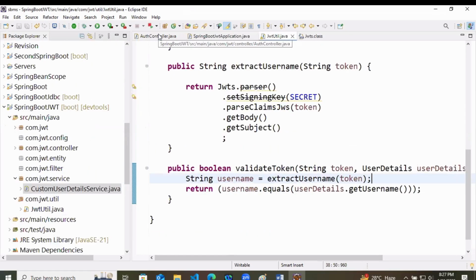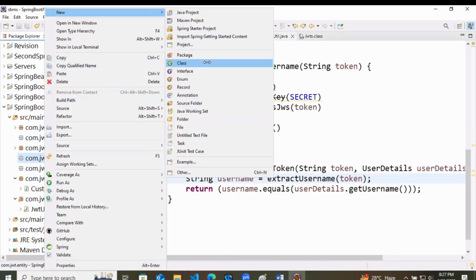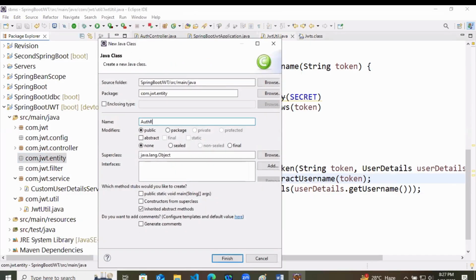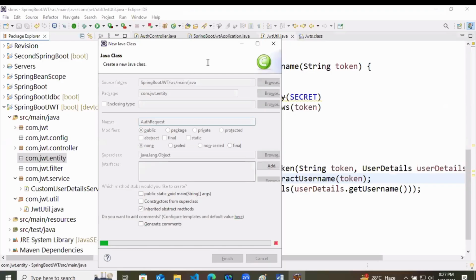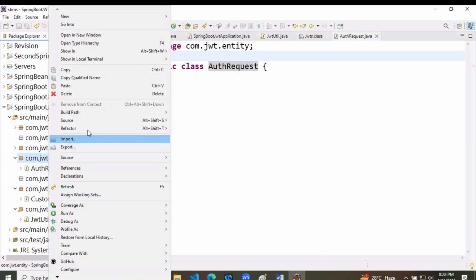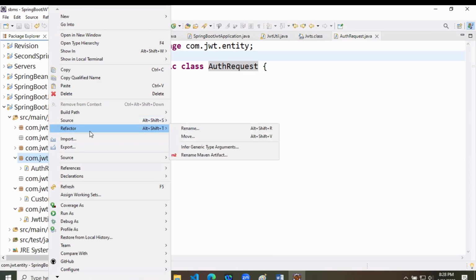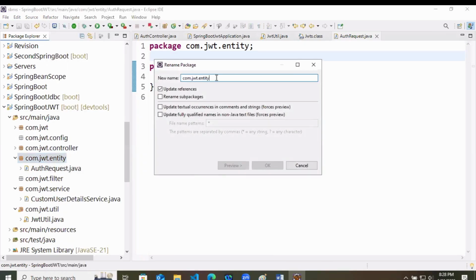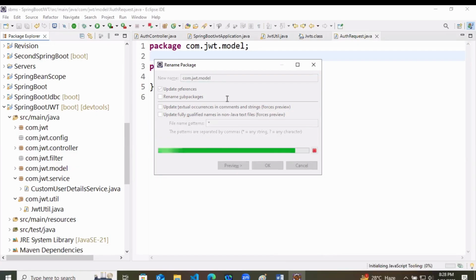Now we are going to create an entity. In entity, I will create a class AuthRequest, because last time we were doing form login, but this time no form login. We have to keep it simple. So actually we will not create a database table. So here I will rename it to model, because entity and model are the same only. Model means when you are working with data only, entity means when you are changing.